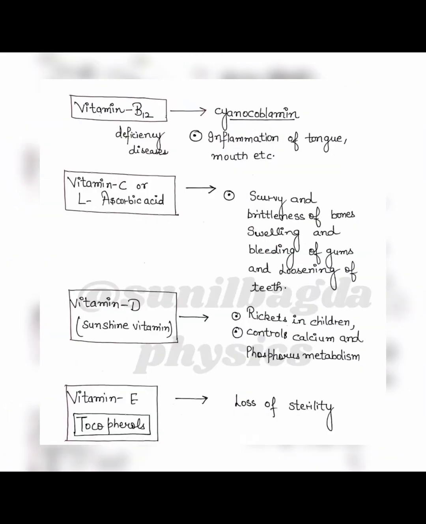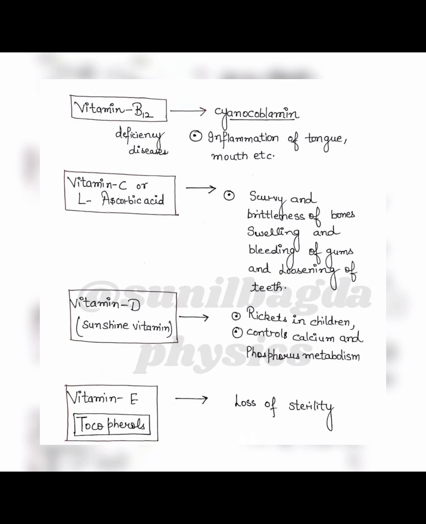Next type of vitamin is vitamin B12, which is also called cyanocobalamin. The deficiency of vitamin B12 causes inflammation of the tongue as well as the mouth. Vitamin C, which exists in lemon, is also considered as L-ascorbic acid. Deficiency of vitamin C causes scurvy and brittleness of bones, as well as swelling and bleeding of gums and loosening